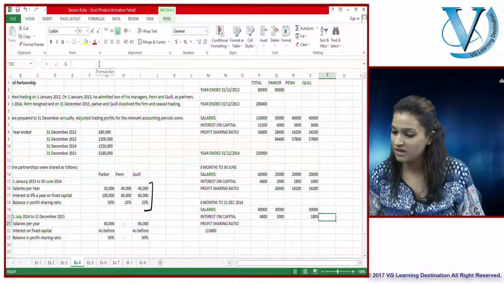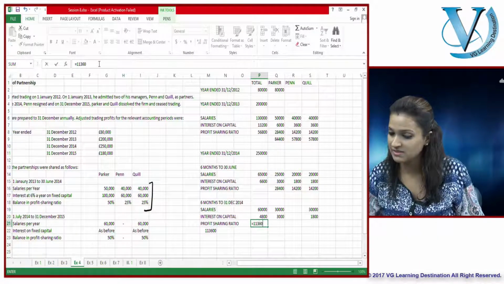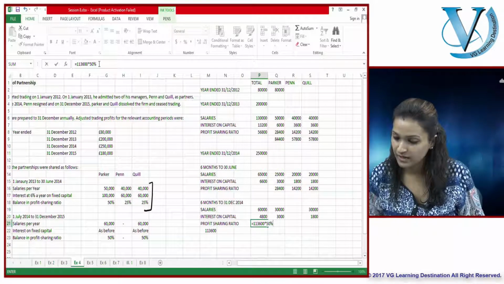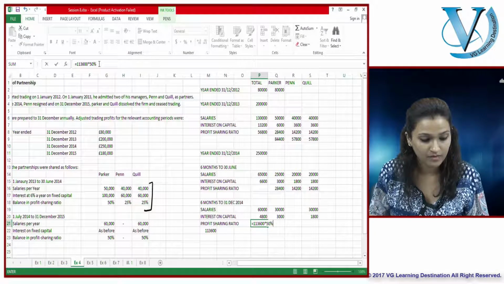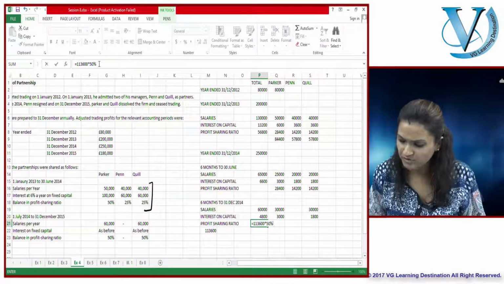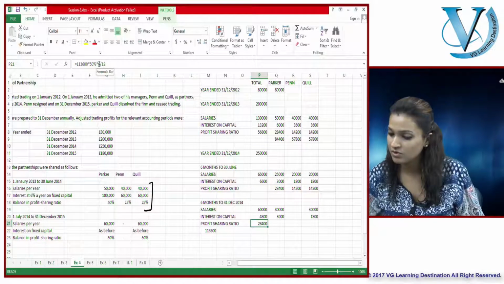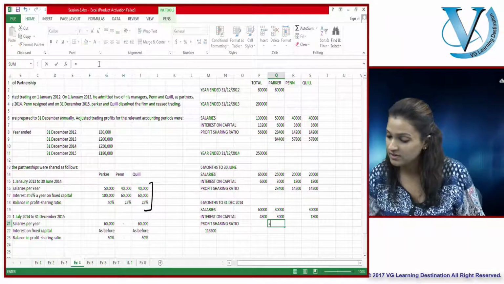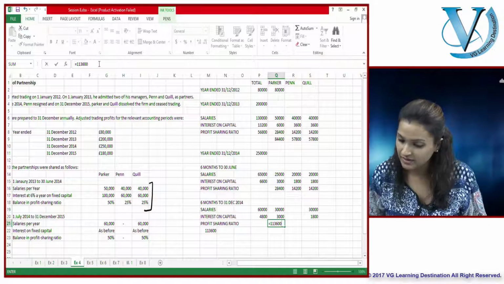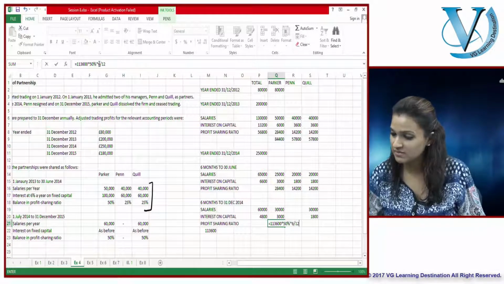So now what do we have here? We have the remaining profits. The remaining profit is how much? 113,600 gets divided in the ratio of 50-50% now. This I need to, sorry, further bifurcate, right? Have I done it right? I hope so. 6 by 12. Oh, not here. Should be here. Right. So how much do I have? 113,600 gets divided 50-50% now for a period of 6 months.